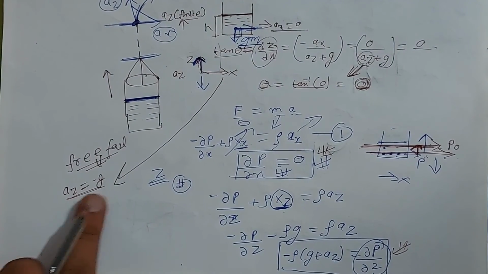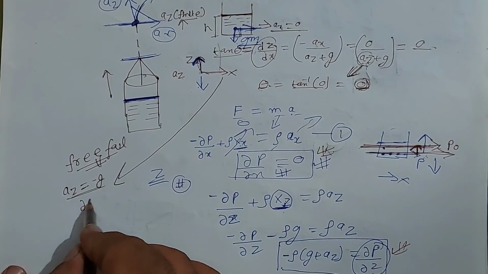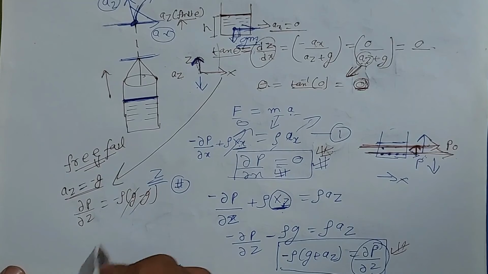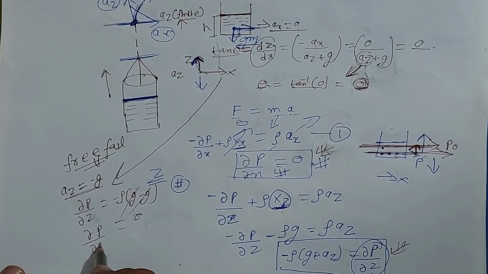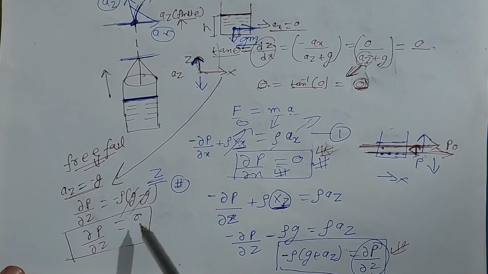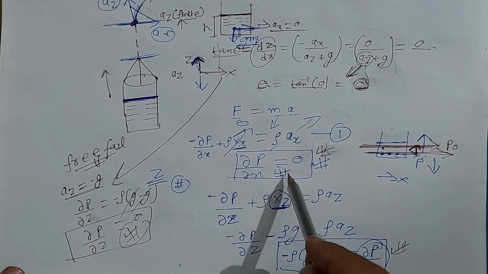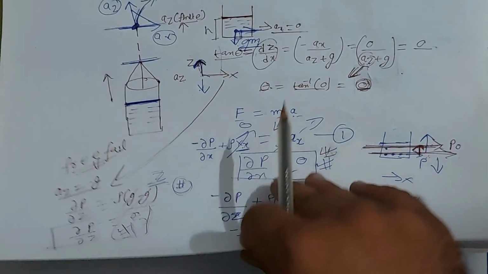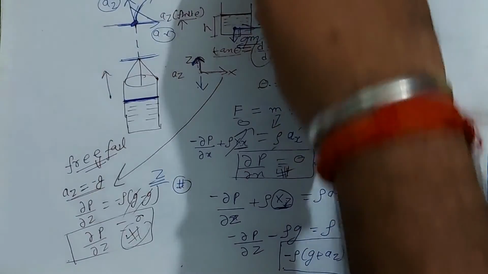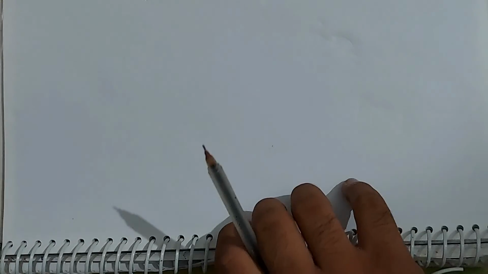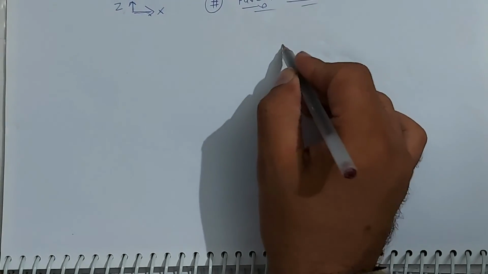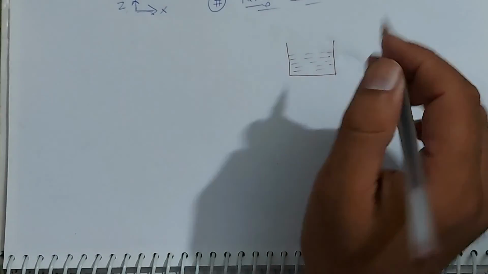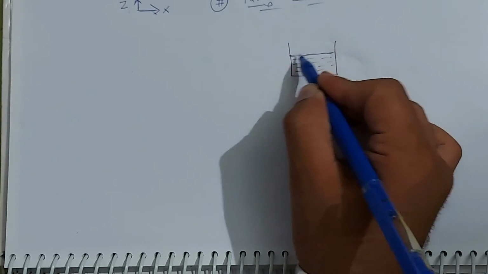If we put that minus g in this equation, you can see that the pressure gradient in the z direction comes out to be minus rho g minus g, equals 0. This is a very interesting result: there would be no pressure change in z as well as x direction for a freely falling body. Let me change the page, then I can explain it in a better way. What we have discussed is that if this body is under free fall, then one thing is clear, that the surface shape will not change.